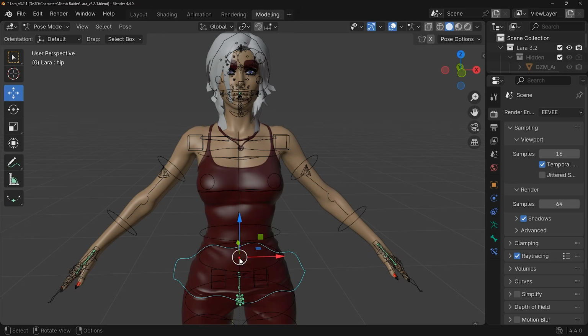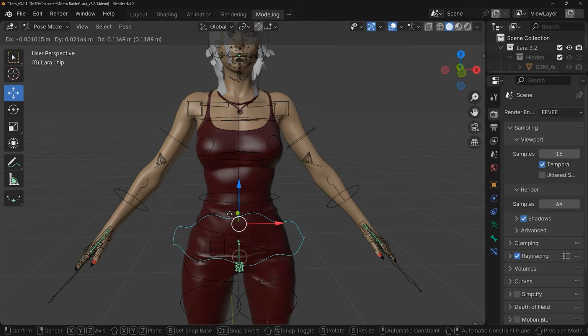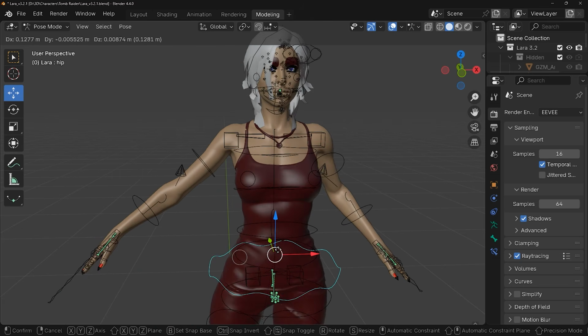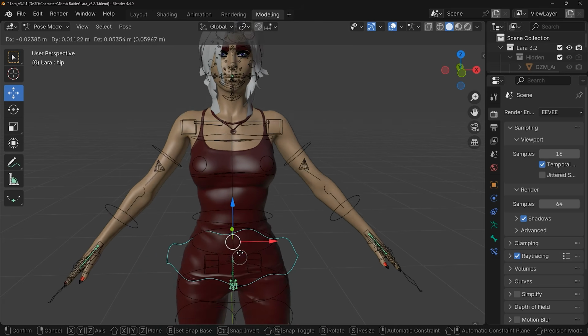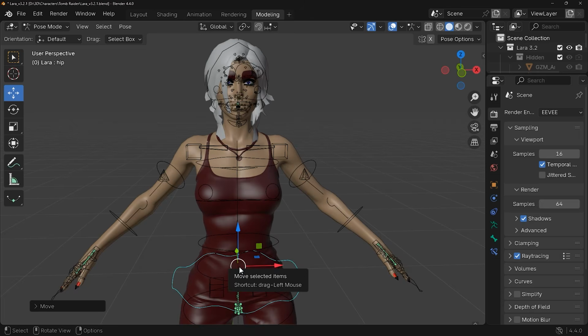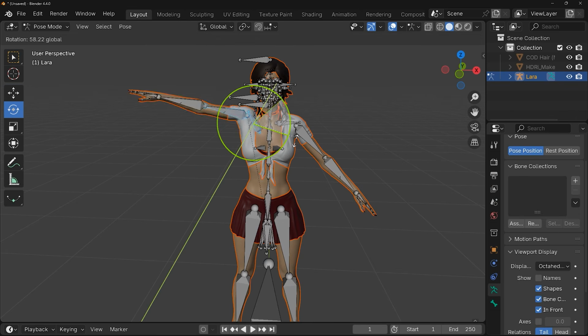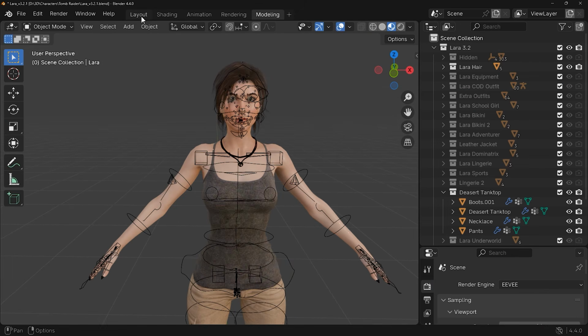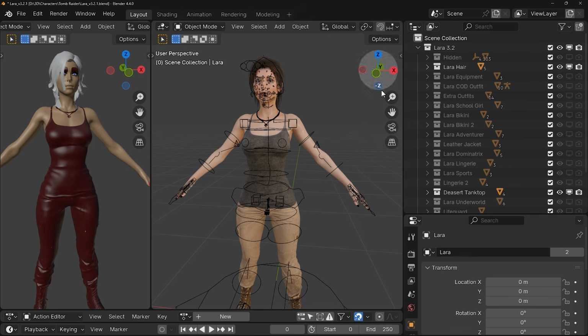Okay, now here is the important part. Most of these models are controlled by fancy rigs. These shapes and handles all around the body are the controllers, but the deform bones, the simple bones we actually need, are hidden underneath. Switch back to the Layout workspace, and in the outliner, enable Hidden Collections by clicking this